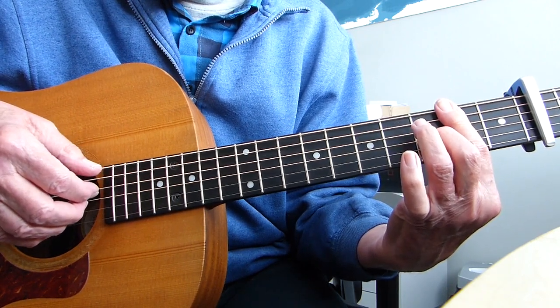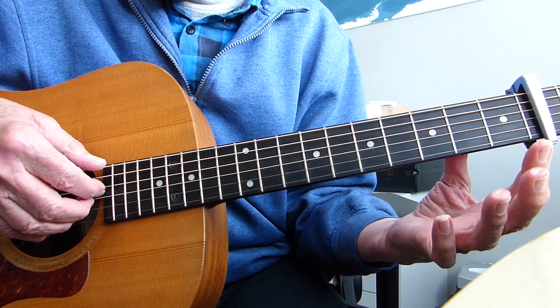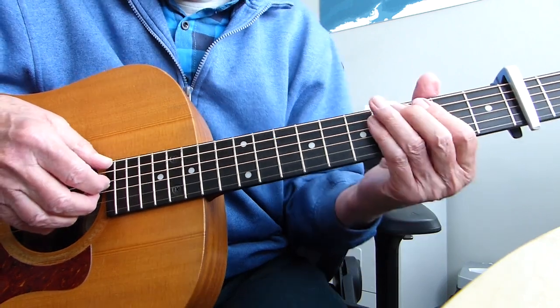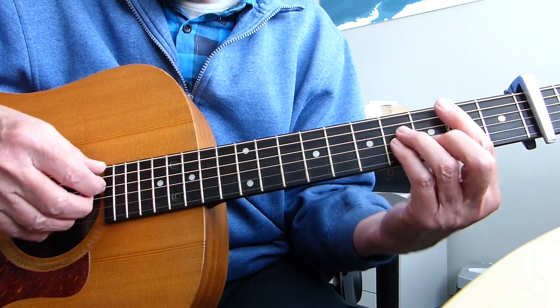And again, after you've done the F sharp 7, take your fingers off the fretting hand and pluck the 4th, 3rd and 2nd strings open again. Okay, and then we're back to the B minor. It just repeats the whole thing. Okay, so you've got